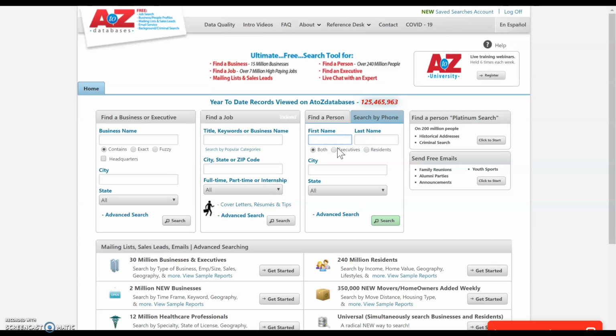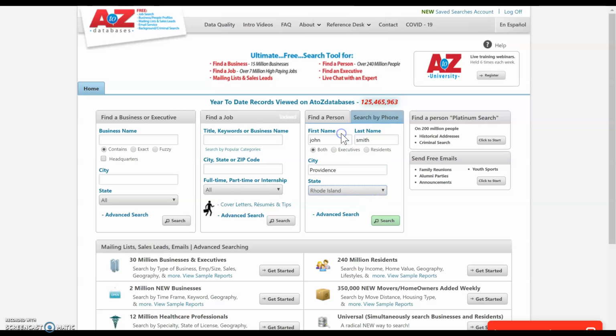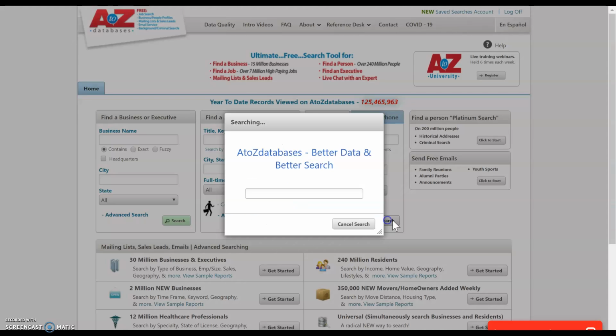It's public domain. So basically all you do is you need to key in a name. So I'll just choose John Smith because I don't want to look up anyone specific really. And let's say they live in Providence and in Rhode Island. So with these search bars, and just a little tip, if you click on the drop down and then you hit the letter R, it'll bring you right to Rhode Island. So then you just click on it instead of having to type in the whole word or scroll through the whole thing. So then if you just hit search,